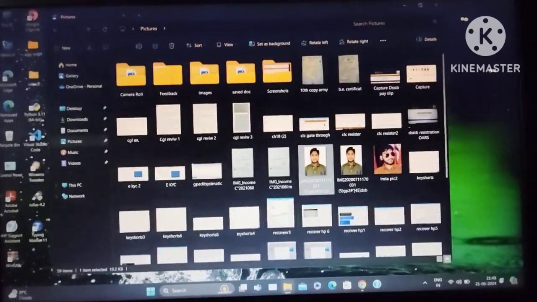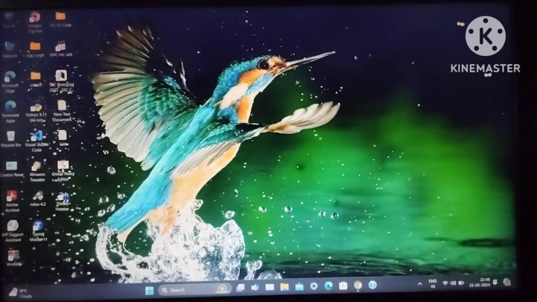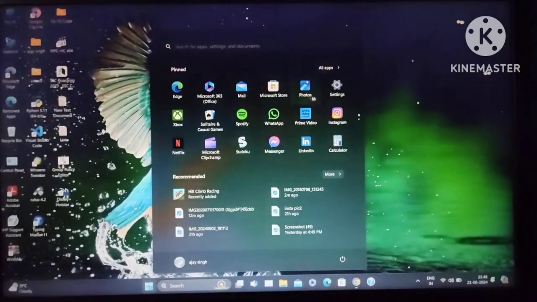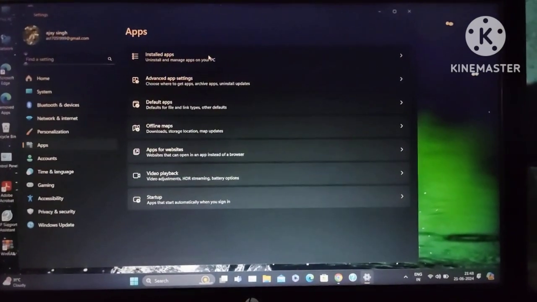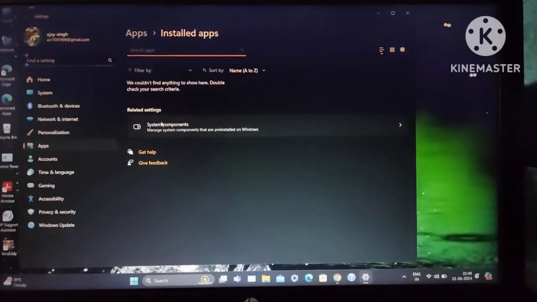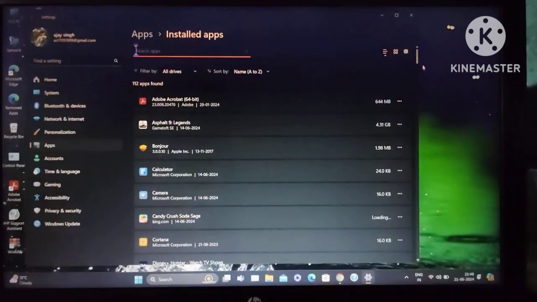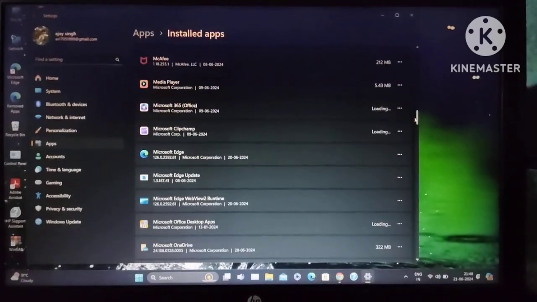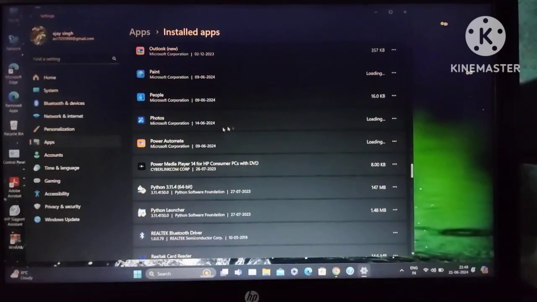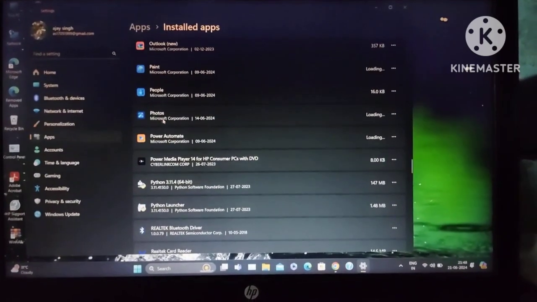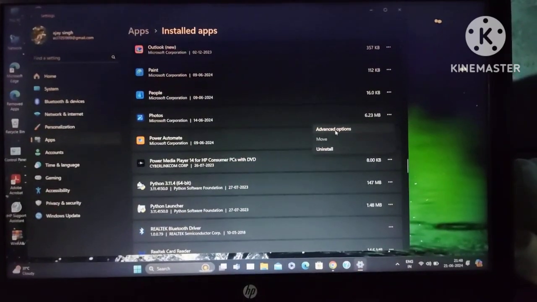So open Windows and Windows settings, then scroll down, then open apps and then installed apps, click on it, then scroll down and find the Microsoft Photos application. Wait a second. So there's Microsoft Photos, that's loading, and then click on the three dot options and then click on